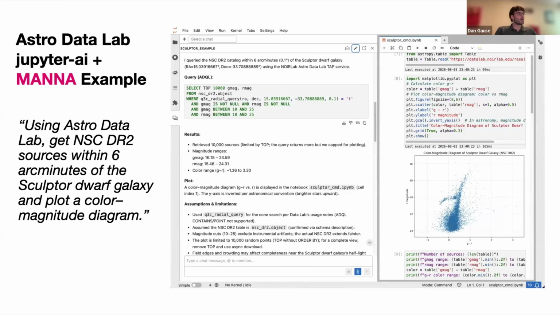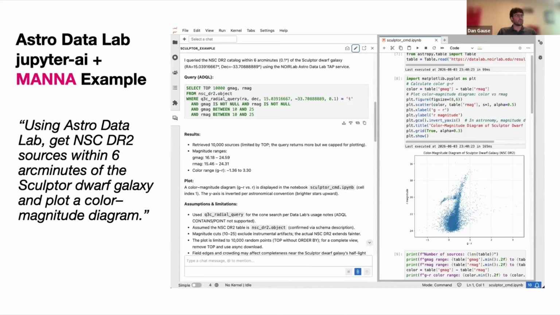I provided it with this query: using Astro Data Lab archives, get NSC DR2 sources within 6 arc minutes of the Sculptor dwarf galaxy, and plot a color magnitude diagram. This was run using this open source model that we have hosted on an Astro Data Lab GPU right now. It's just that open source model and the MCP server set up next to it.